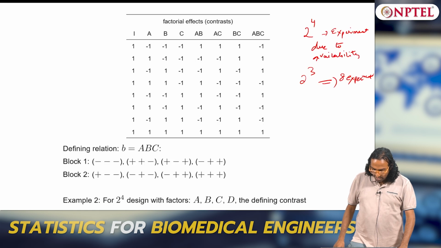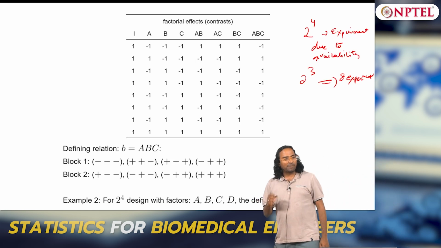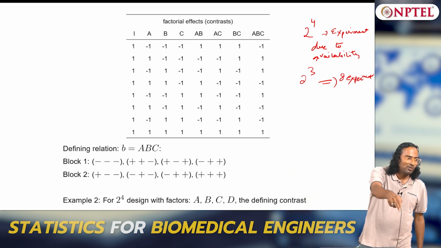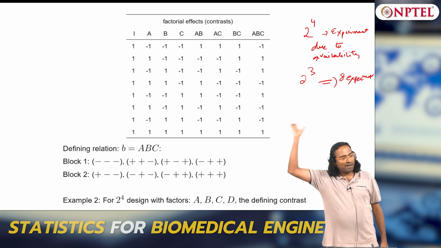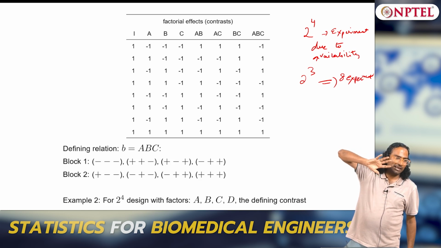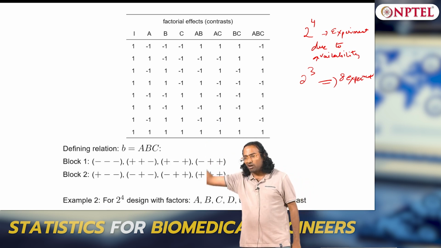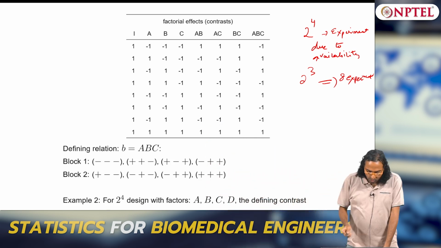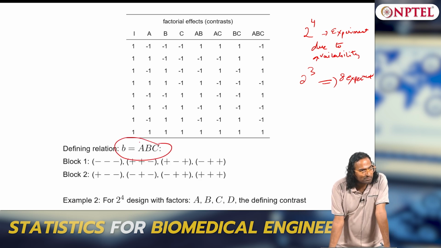We said, look, I do not want to sacrifice main effects, that becomes useless, because interactions become significant only if the main effects are significant. So main effects have to be known, and the highest order interaction can be known from an idea that can be got from intermediate interactions. So it is better to think about sacrificing the highest order kind of interactions. Okay, so we define a relationship B equals ABC, which is the highest order, right.